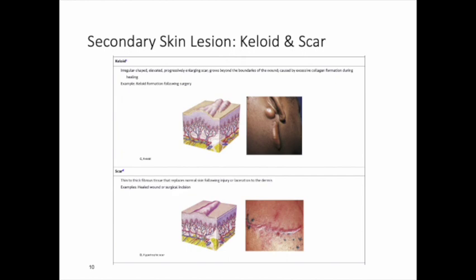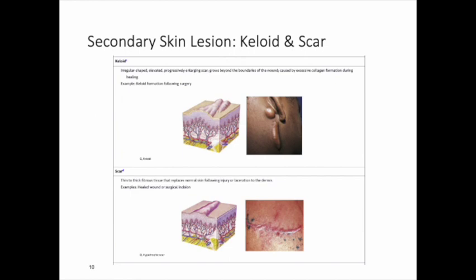Keloids and scars are also secondary skin lesions. The keloid itself is an irregular shaped, elevated, progressively enlarging scar, and it grows beyond the borders and boundaries of the wound itself, and it has to do with excessive collagen formation during the healing process. The darker your skin is, the more likely you are to have keloid formation. We will have keloid formation on our patients after surgery sometimes,